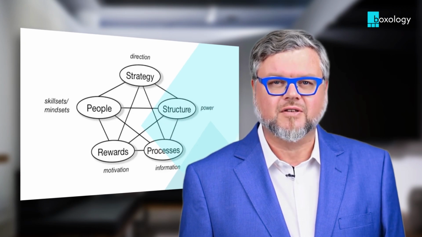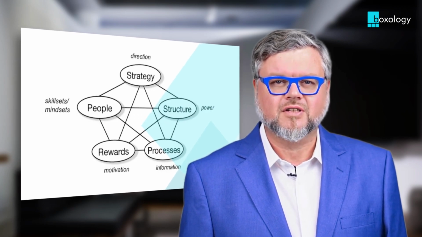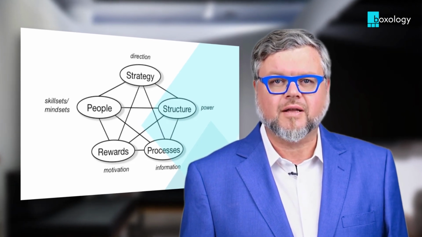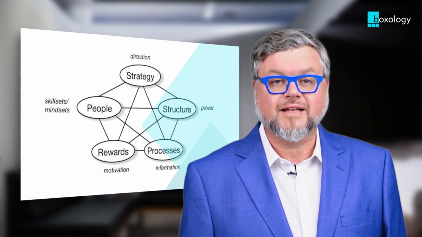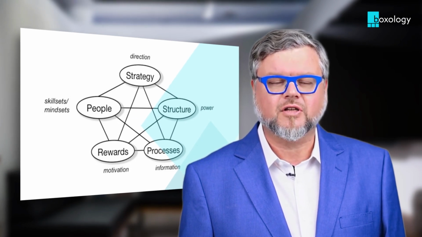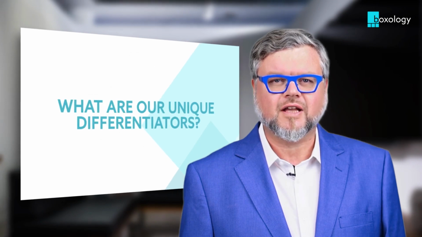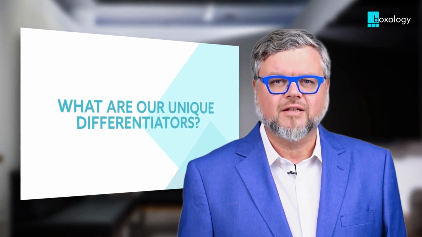Galbraith's classic 5-star model gives us a holistic view of organization design. It starts with strategy. A clear strategy provides a defined goal and lays the path to get there. It outlines how you'll grow and compete and defines choices you will make about what opportunities your company will pursue. Once you have a clear strategy, ask what are our unique differentiators. What must we be able to do better than our competitors? The answers to these questions determine the capabilities the organization needs to have.